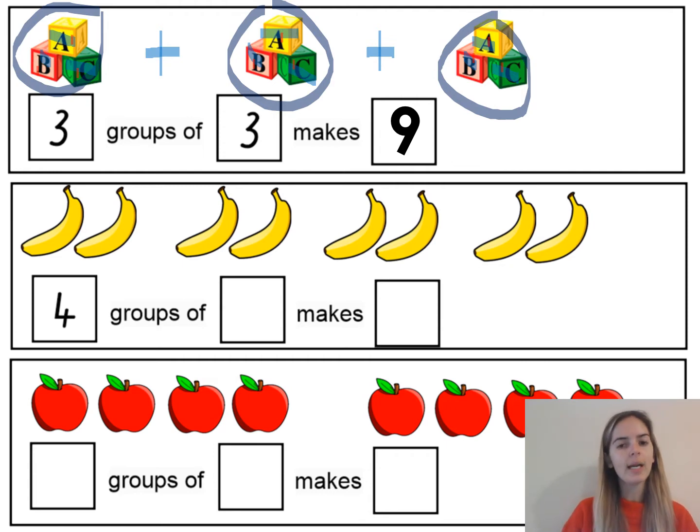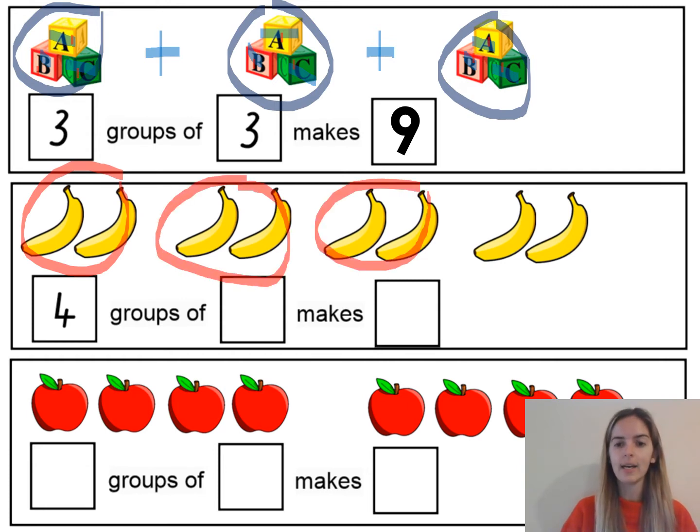Now let's look at our bananas. And there are 2 spots now where we need to fill it in. 4 groups of something makes something. So let's figure this one out. We have our 4 groups. 1, 2, 3, 4. And in each group, we have 2 bananas. I can see that there are 2 bananas in each group because I know what 2 looks like. So 4 groups of 2